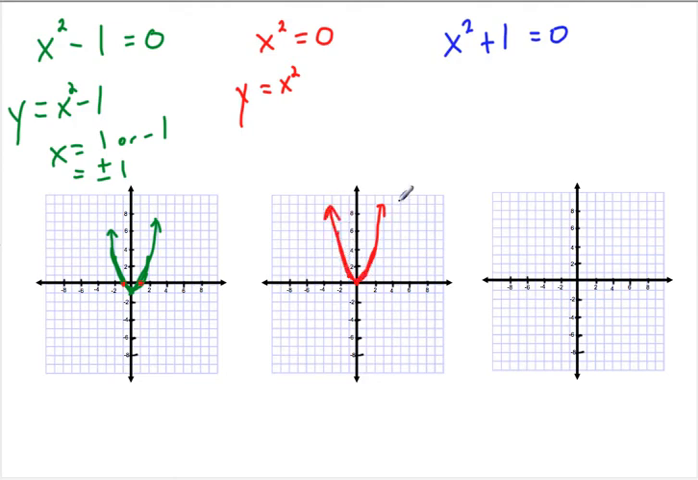And let me graph one more, and then we can talk about the differences. This one, the vertex will be at 0, 1. And at 1, we get 2, negative 1 is 2, and at 2, we're at 5. So 2, 5, and negative 2, 5. And then we'll make our